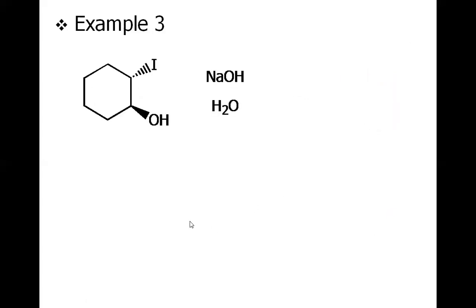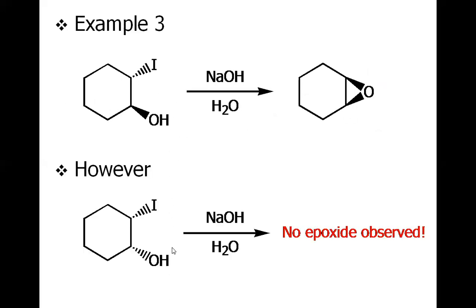For the third example, again we have the same strategy. The sodium hydroxide will abstract the alcoholic proton to make it a more nucleophilic alkoxide ion, which will attack the adjacent carbon in an SN2 fashion to make iodine leave the system, and overall there will be a cyclic ether formation. And since it's an SN2 reaction, the other reaction cannot occur.